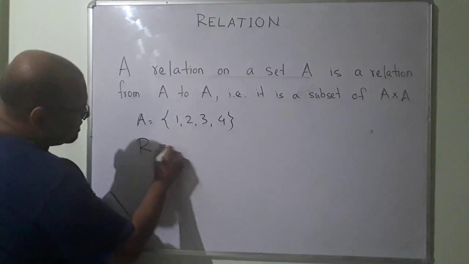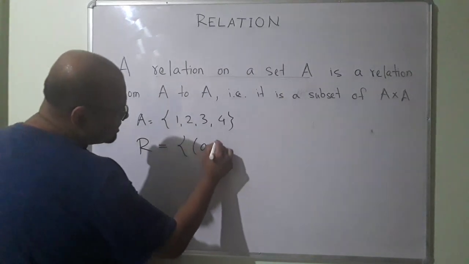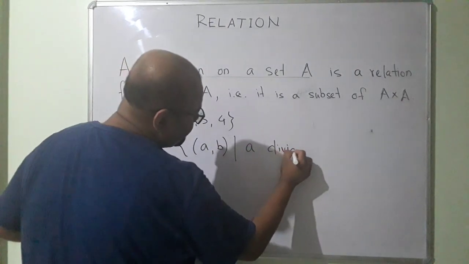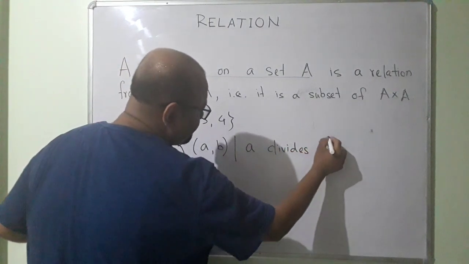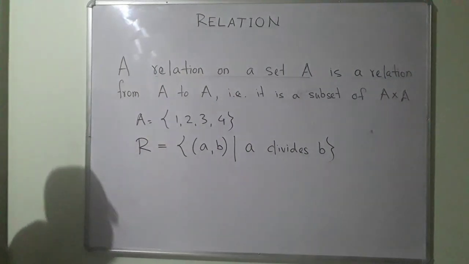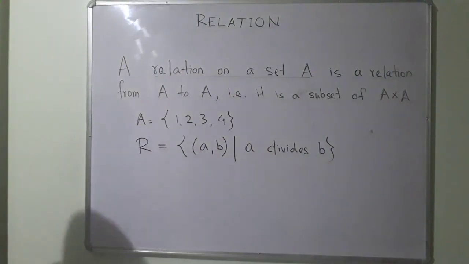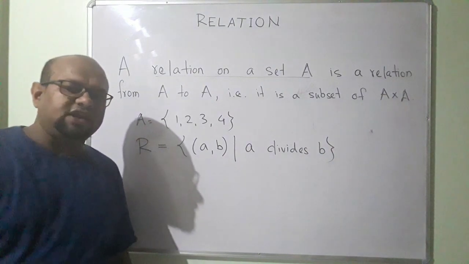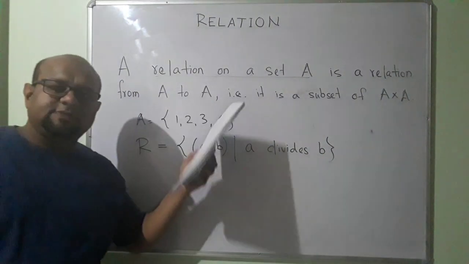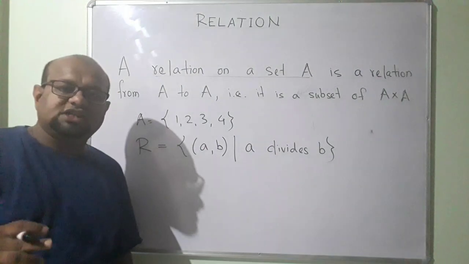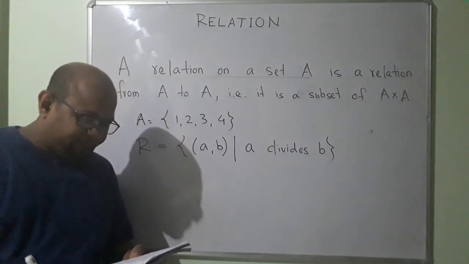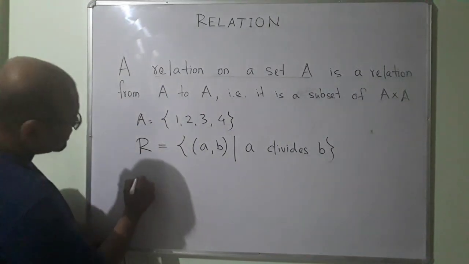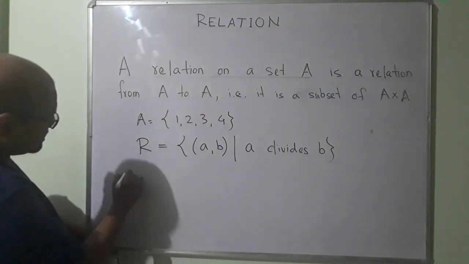This R contains all these ordered pairs (a, b) such that a divides b. Alright. So this is the relation that is defined. Okay, and then this is my set A. So here is the question: what are all the ordered pairs that are there in the relation? Let us find the relation. So the relation will contain